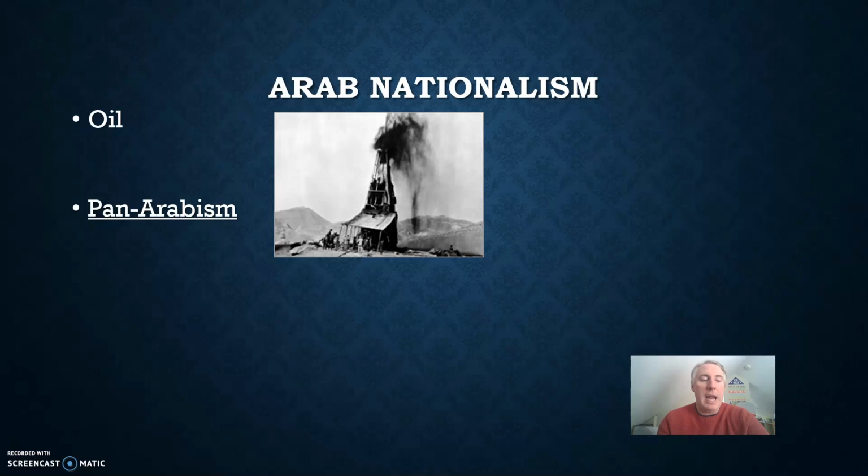Now, this was similar to Pan-Africanism that we discussed in the previous section, and it called for unity among Arab peoples to protect them from being exploited by foreigners. And at this point, it's important to remind you that Arab is just one of several ethnicities in the Middle East. The Turks and the Persians we just discussed, they are not Arabs. You don't just have one ethnicity in the Middle East.